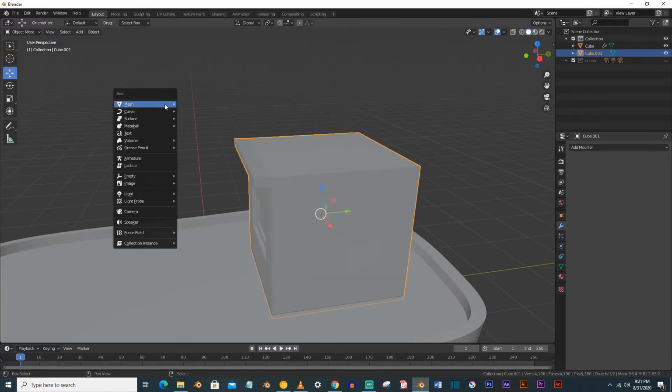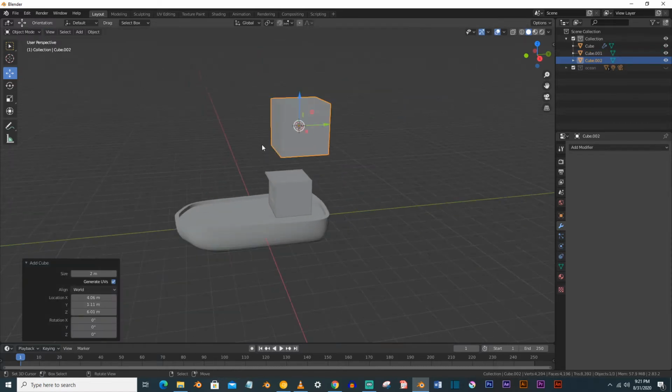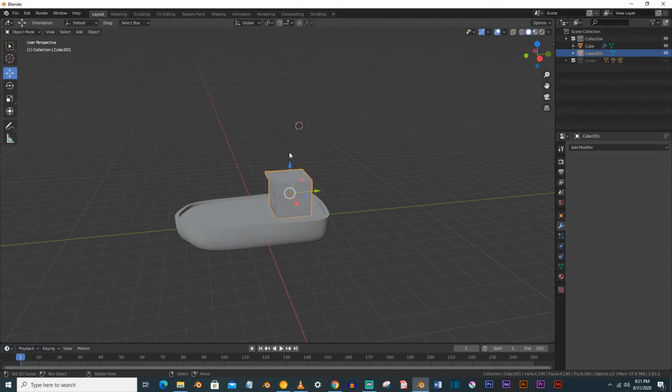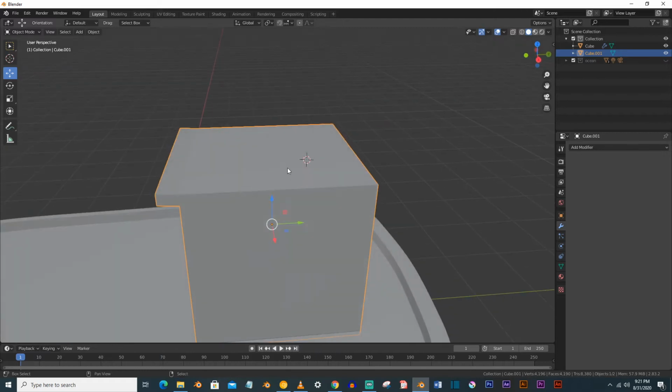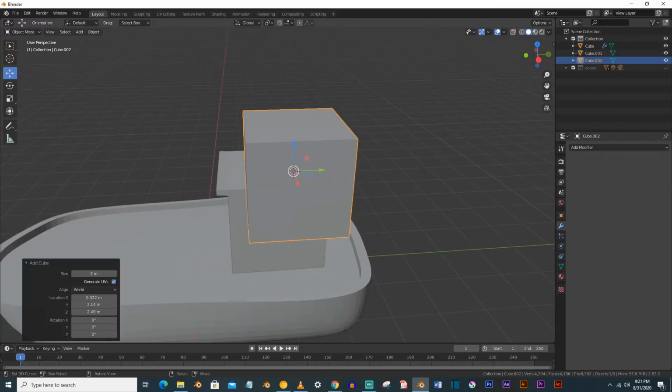We will add some more details here. First place the 3D cursor here, and now you can add the cube.